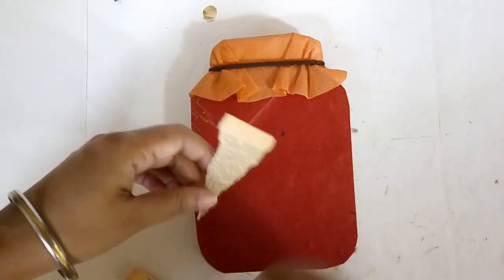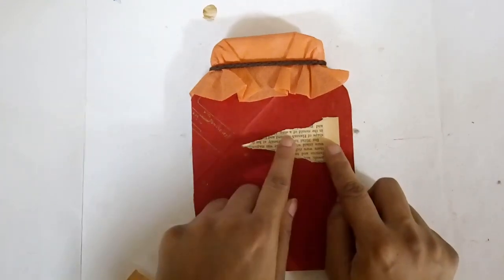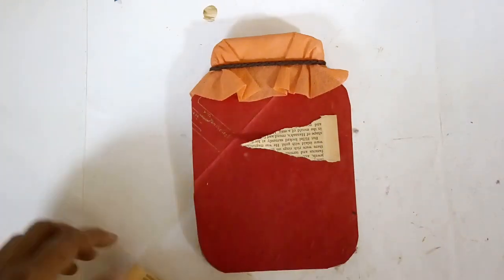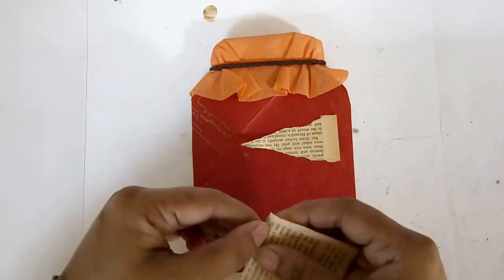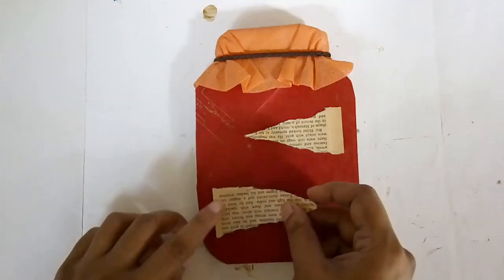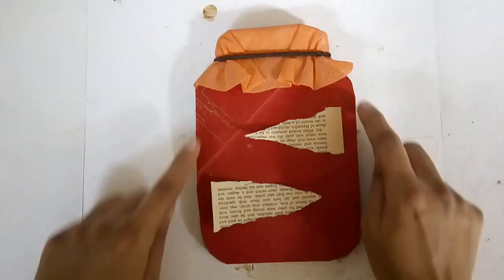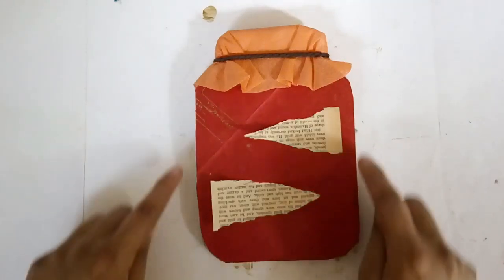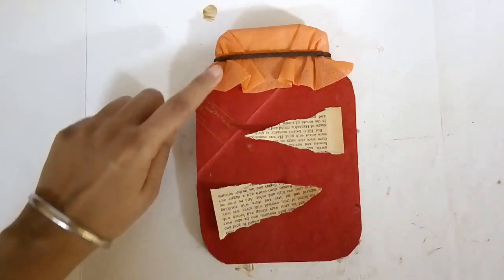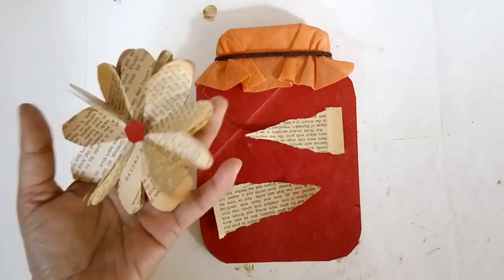I'm tearing it because I like the torn edges, and I'm using this white portion here because I want to glue it something like this, so that this is the edge for the jar. Now I'm going to glue another piece down below like this, and I've left a little margin on either side to simulate the edges of the mason jar or the bell jar. I'm going to glue them in place, and on this portion I have this old book page paper flower